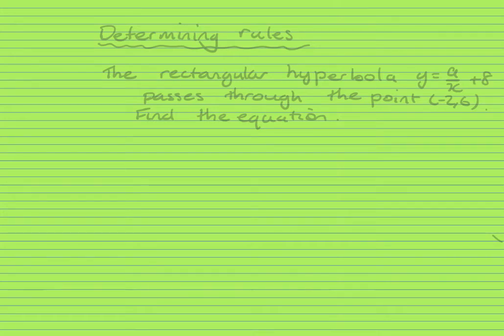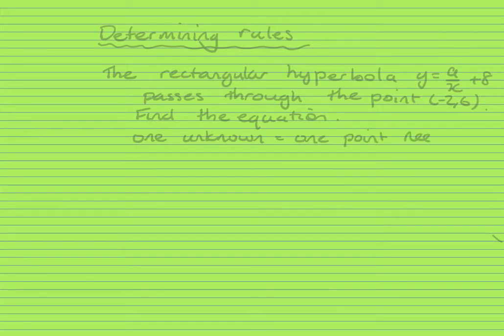Today we're looking at determining the rules of an equation, and we're starting with a rectangular hyperbola. And we know this hyperbola has been raised 8, so the equation we start with is y equals a over x plus 8. And we're given the information that it passes through the point (-2, 6), and we need to find the equation. Now you'll notice that we've been given one unknown, which is the a, and we've got